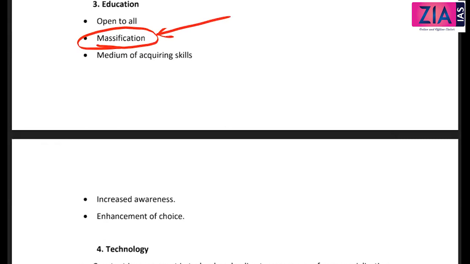The president of the board of control, Mr. Charles Wood, wrote a letter to the then governor general of India, Mr. Dalhousie, and it is famously known as Wood's Dispatch. There, actually, the massification of education concept is present, and that is the reason why it is known as the Magna Carta of modern Indian education. Guys, you need to be very strong in your history also.